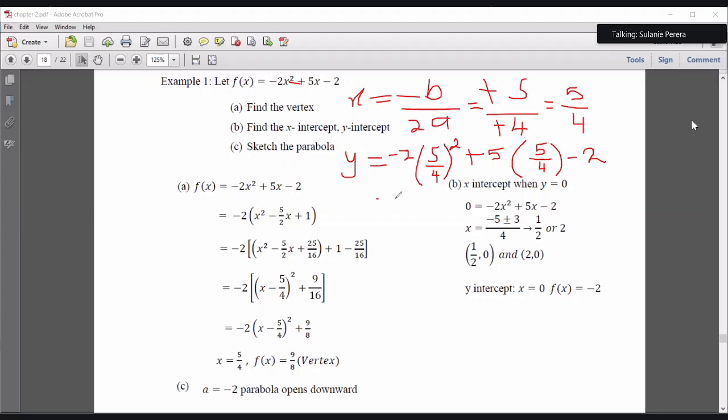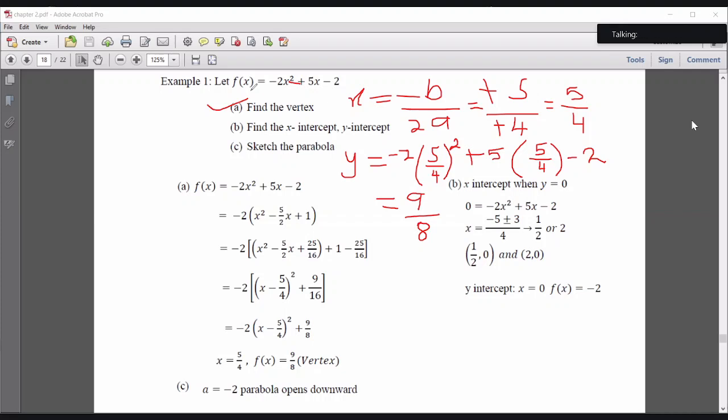So if you simplify this, what do we get? 1.125, which is 9 over 8. Right, so now we have the vertex. X is 5 over 4, y is 9 over 8. Okay, good. Now we move on to